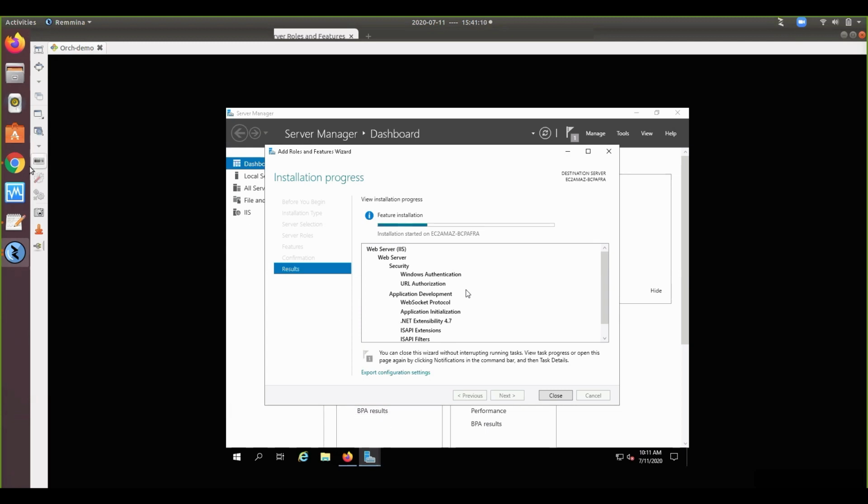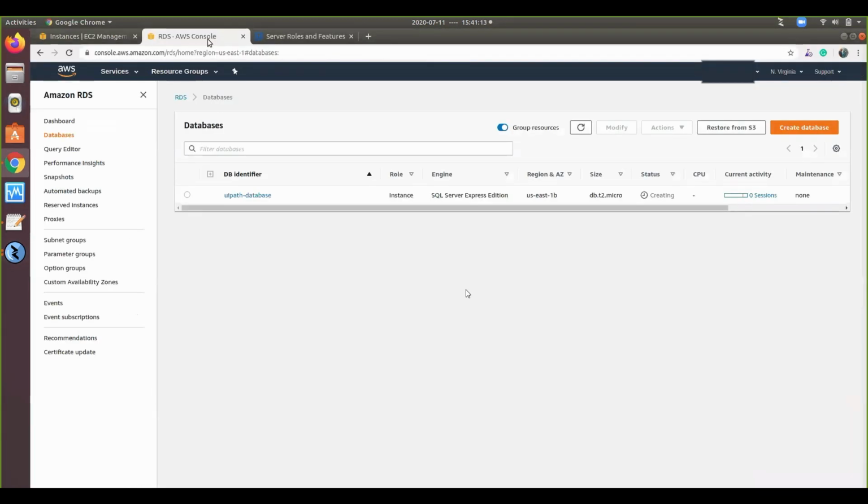In the meanwhile, let us see the database part. It says still creating. Okay, let us create one more database.